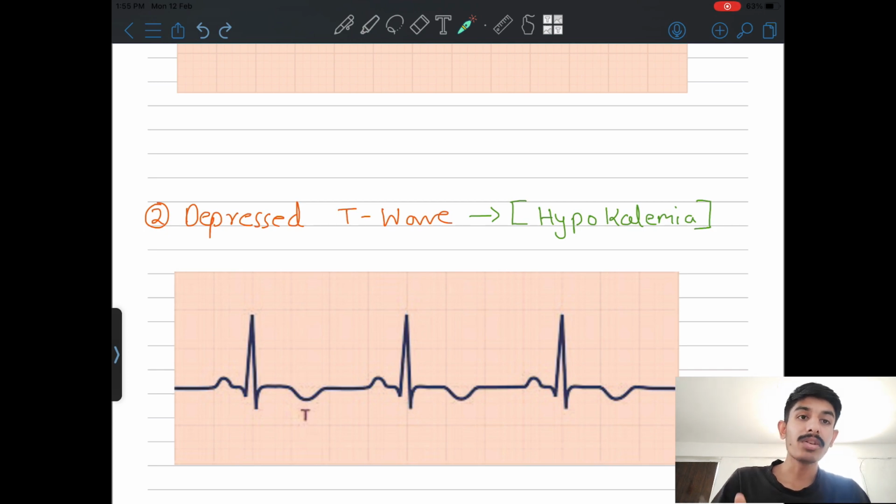Then next, you have to practice a little bit of ECG, like every day try to practice 1 or 2 ECGs randomly from the internet. Just search for any disease and try to rule it in: are you able to find the things? If you are able to find the things, well then good. If not, try to solve again and again. After some practice you will remember it so well that in any exam, you will see the ECG and you will know that this is the problem I need to rule in.